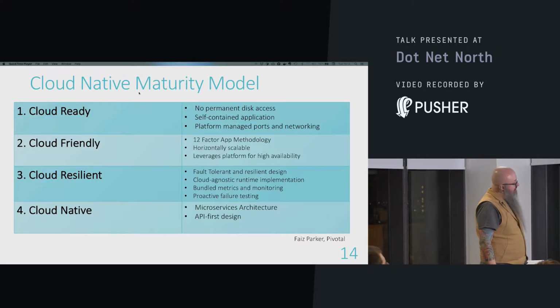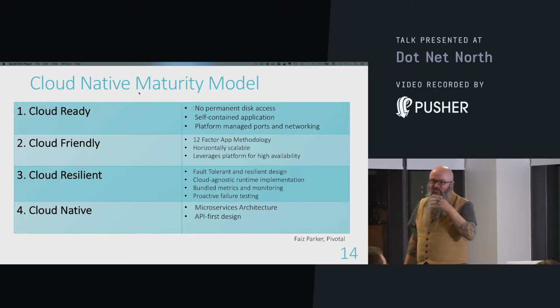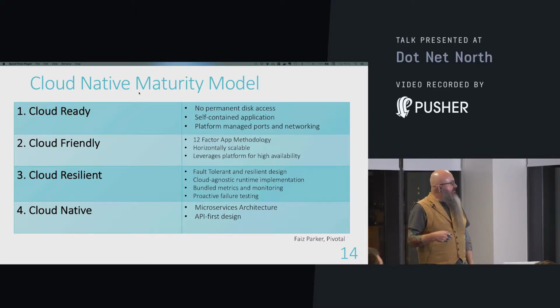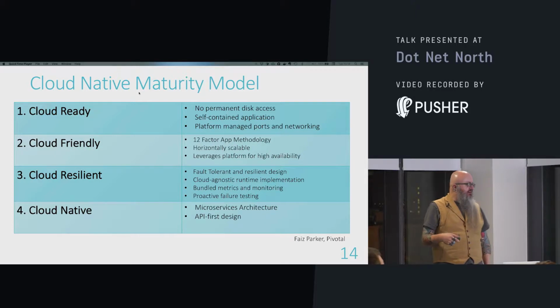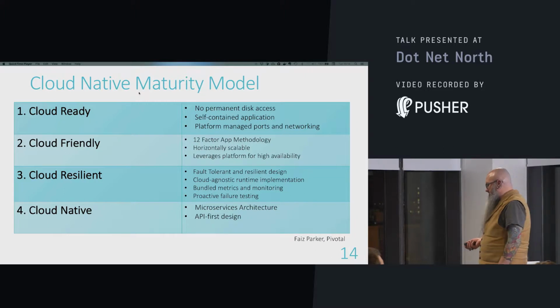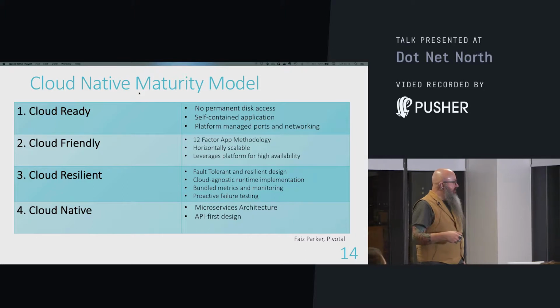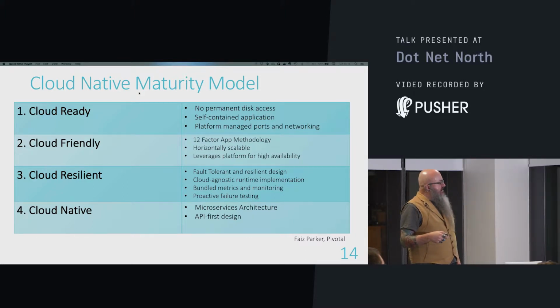Okay. So Pivotal has a maturity model. Everyone has to have a maturity model, right? For all the things that we look at. But it's not a bad one. Pivotal are one of the people that really push cloud native. My only problem with it is that it says microservices and API-first design are what you get when you are cloud native. I think microservices is a useful tool to help you become cloud native, but it's a different story. But cloud ready is essentially saying we're recognizing that I'm running on a virtual machine,